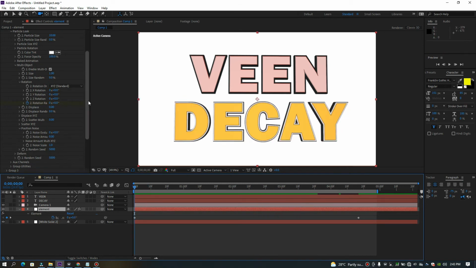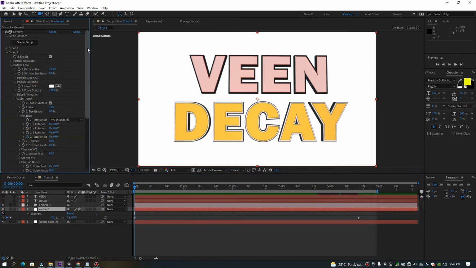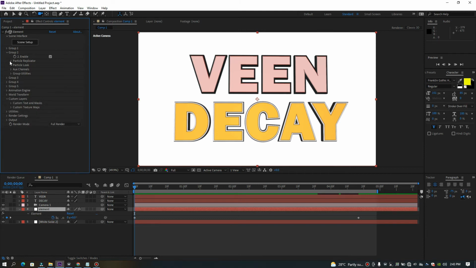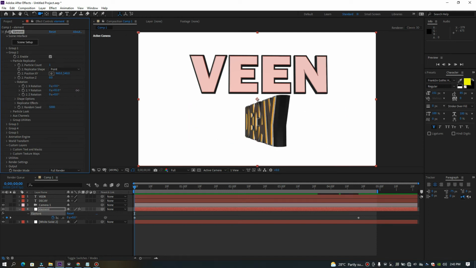So now I'm going to go back to the top of the multiple object. I can do this in two ways. I can just choose to come over to the particle replicator and then make the rotation. See the rotation here. I can rotate this whole thing. You can see it. I can rotate this here, or I can choose to do that with the